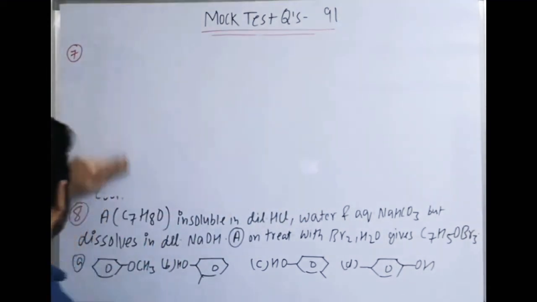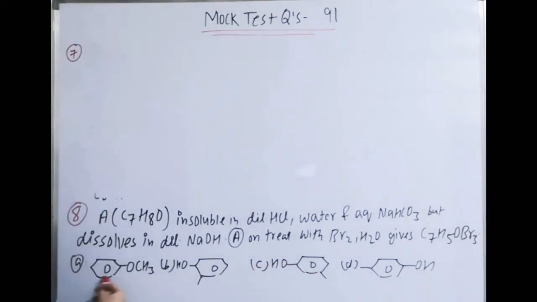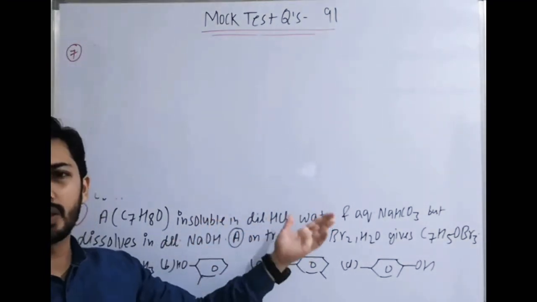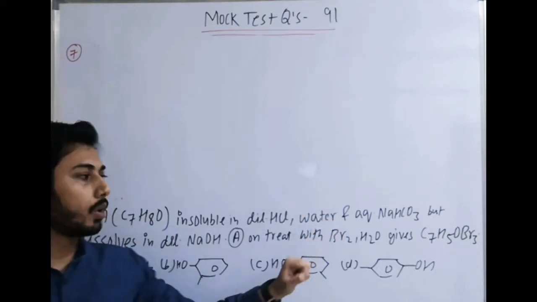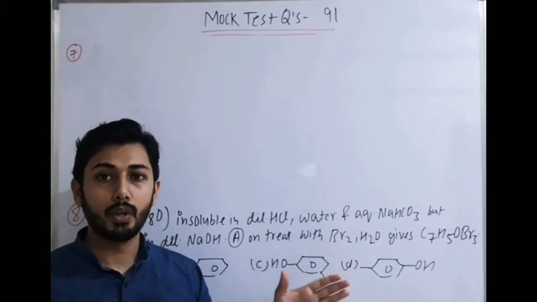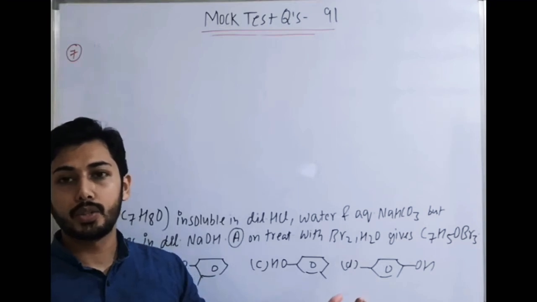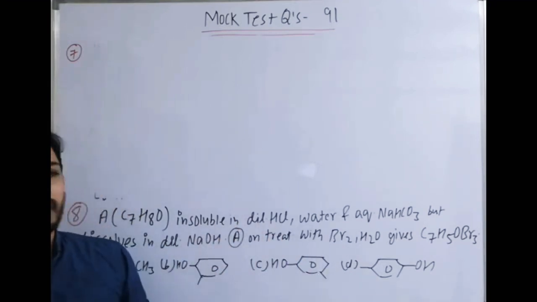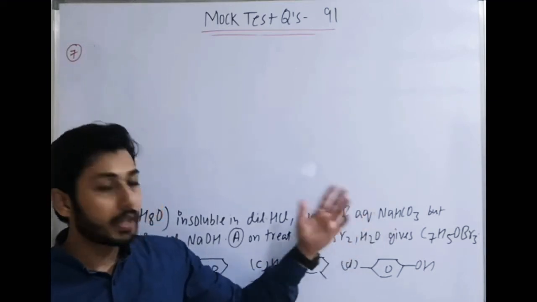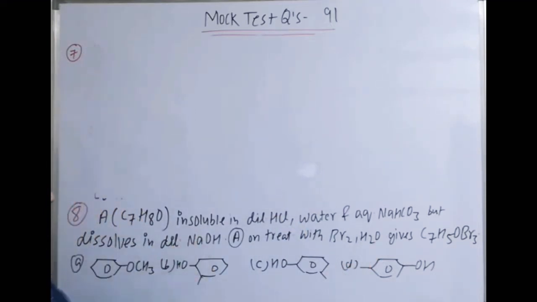So here the information which is useful for us is that among them 3 options are phenol, one is anisole. We know that anisole is not soluble in NaOH. Why? Because phenols are soluble in NaOH since they contain acidic hydrogen. Other information like dilute HCl, yes, they are insoluble in water also, or mainly insoluble. Or with aqueous NaHCO3, important information: in acidic strength you have done that phenol will not react with aqueous NaHCO3. Why? Because it is less acidic than carbonic acid, and that is why no evolution of CO2, whereas carboxylic acids react with aqueous NaHCO3 and they evolve CO2.